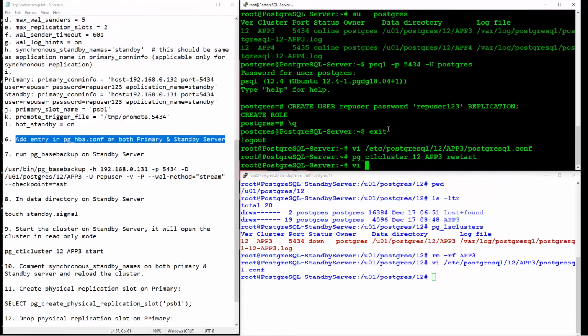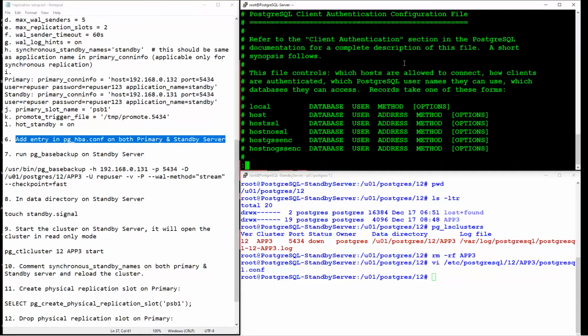For that let me go to the pg_hba.conf file.